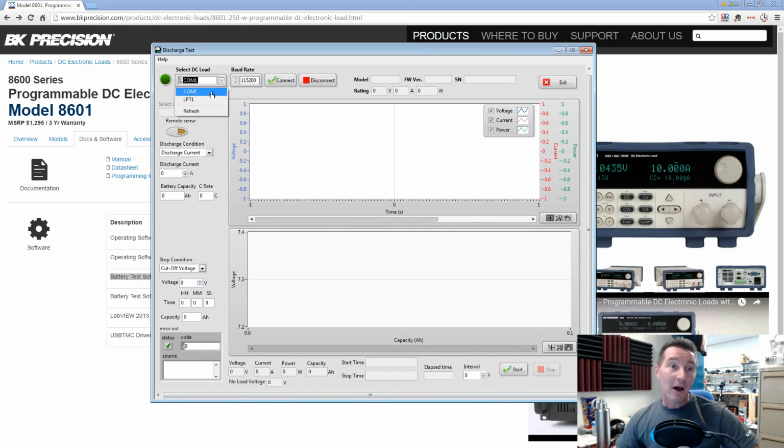And I was getting nothing up here. I've connected it via the USB port, and I was getting absolutely nothing from this drop-down list here. I didn't even get the Windows thing when you plug in the USB. It just did absolutely nothing. Now,